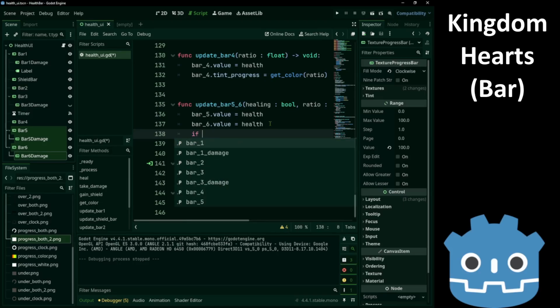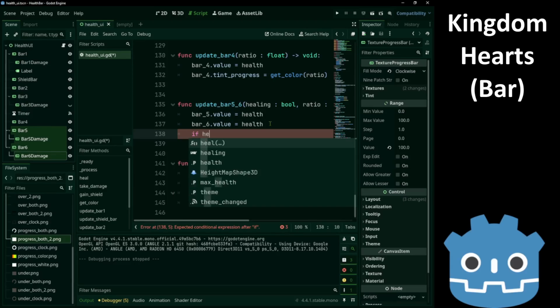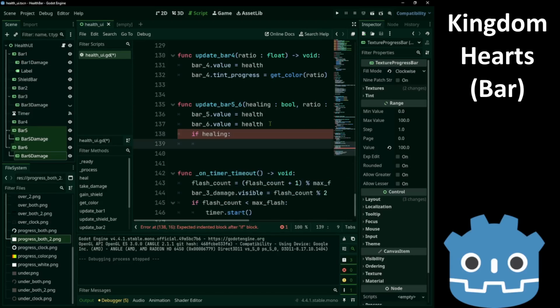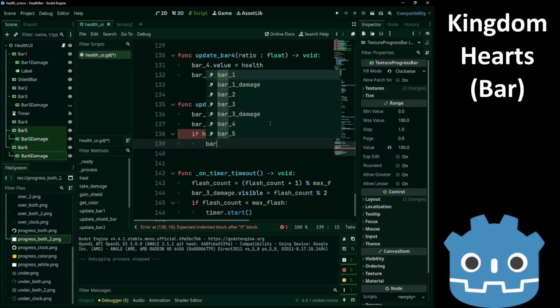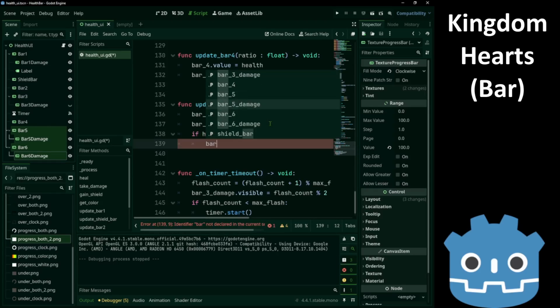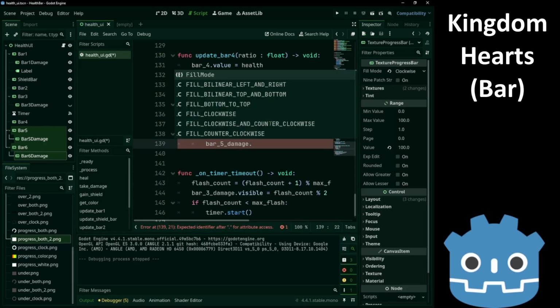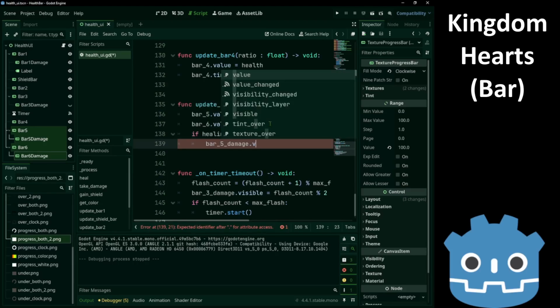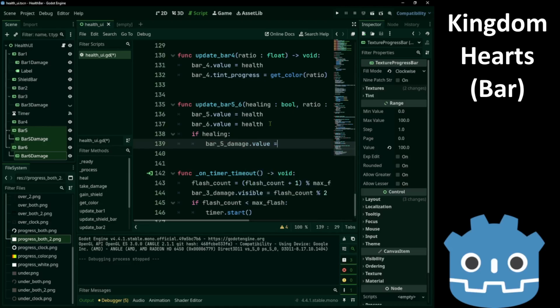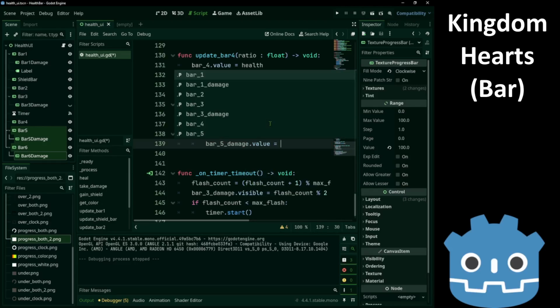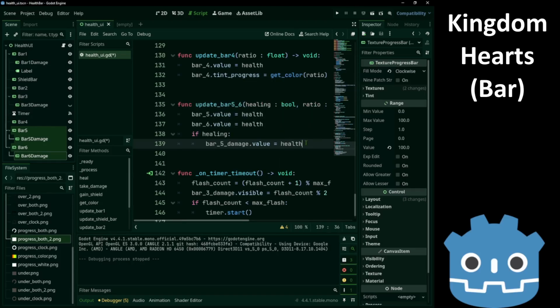If we are healing, bar 5 damage dot value is equal to health. Now for the next 10 minutes I was trying to fix the damage indicators.